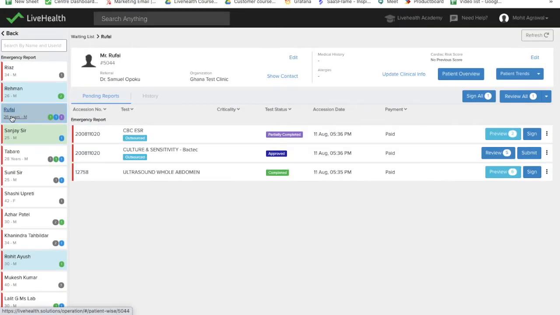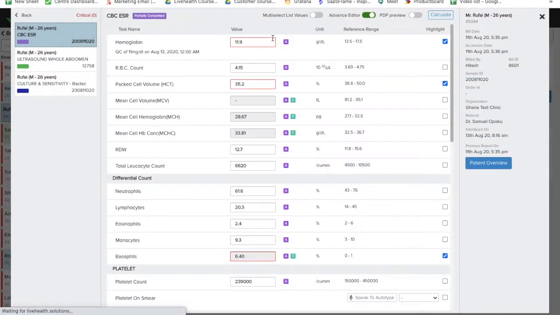If a value shows A against it, it means that it has been filled automatically by the machine through interfacing, and M indicates it is manually filled. Even if I try to change this value and make it different, it will change A to M. So you can track which parameters have been filled automatically by the machine and which manually by the technician or whoever is there in the lab.